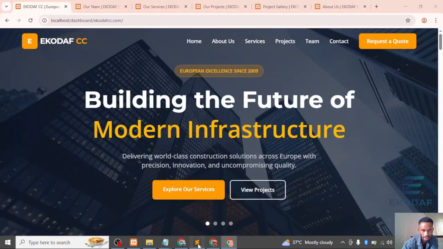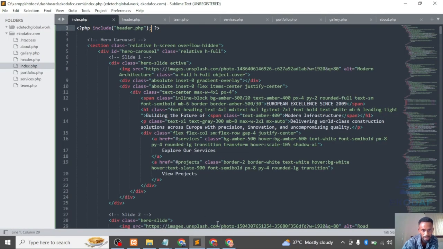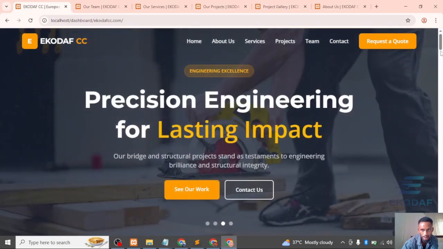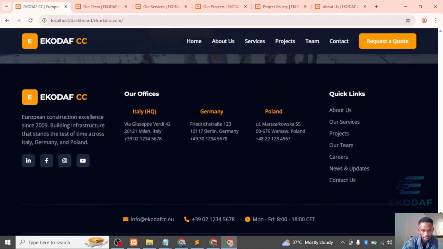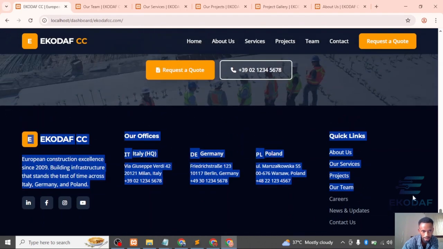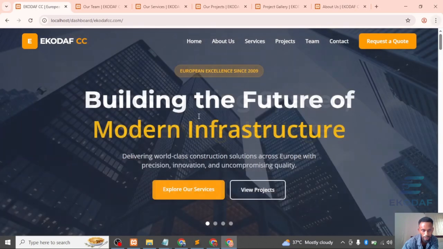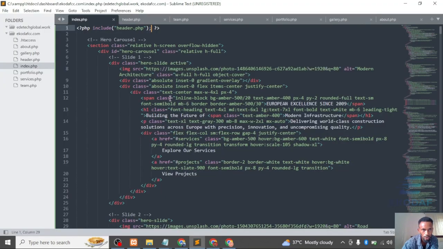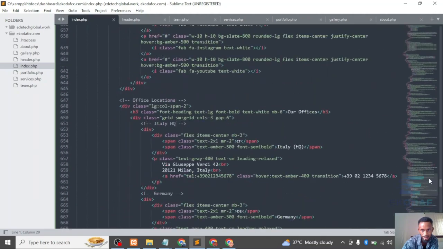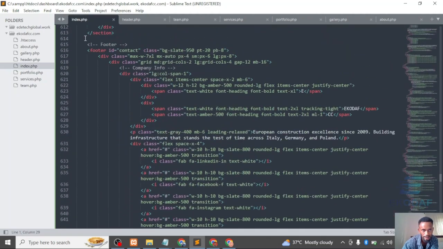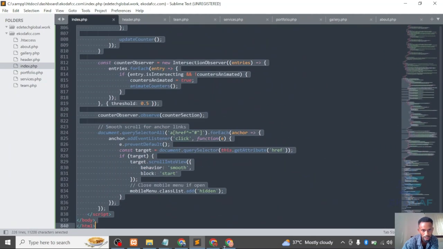So this is an automatic way of getting this done. So we will do the same thing for the footer. Just in case you don't know what footer is, from this section down, this is the footer. The down part of a website is called the footer. So I have to trace where the footer starts and ends. I think it starts here. So I have to copy and